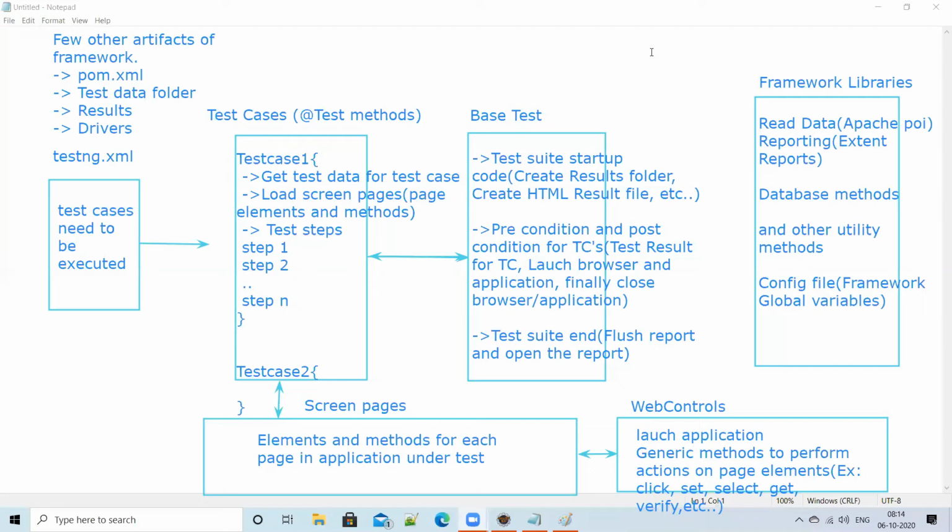Understood, guys? So this time I did not go and explain about each and every class that you have. You can just touch base on what you are using. And sorry, I forgot one more, page object model. Just talk about page object model. That is one more point you should have covered. Page object model is basically for each page's elements. So we maintain a class in which we'll have page elements and methods to validate the page elements and page functionality. Just mention that. That is another way of explaining your framework.